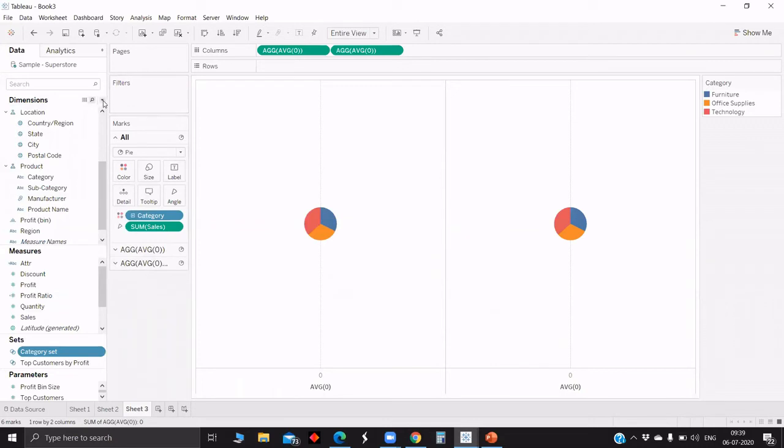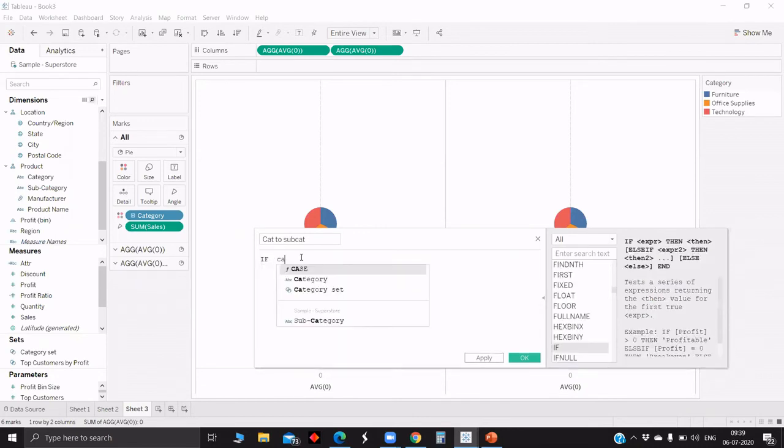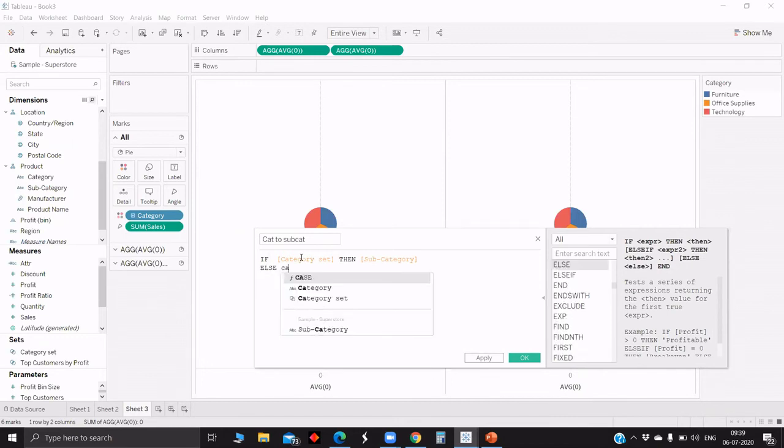We will create a calculated field using this set, category to sub: if category set, then category, else subcategory.